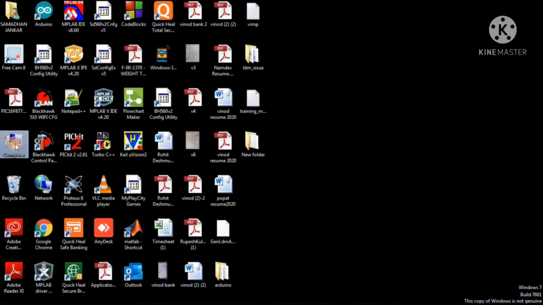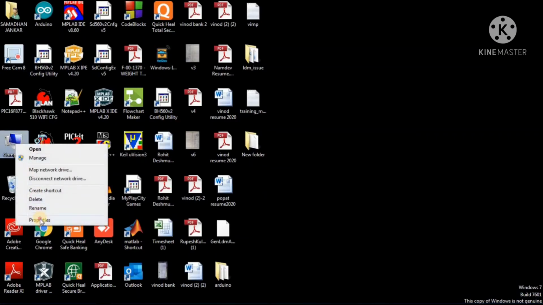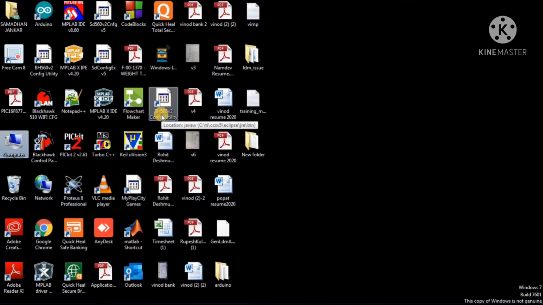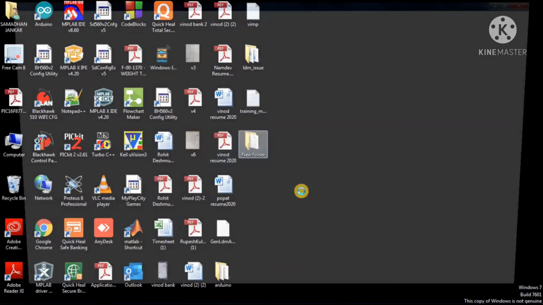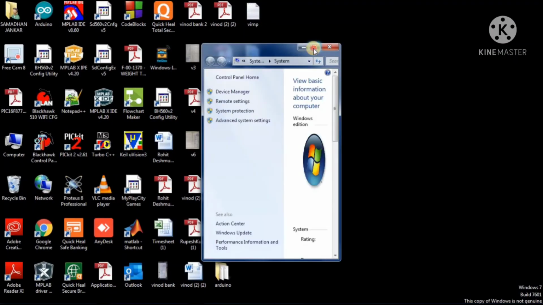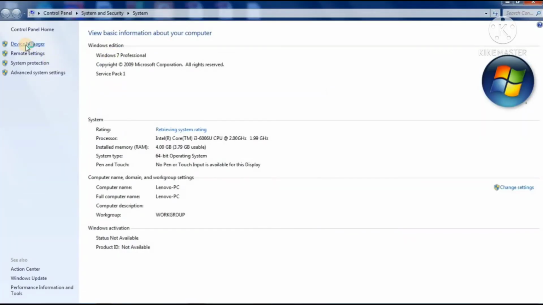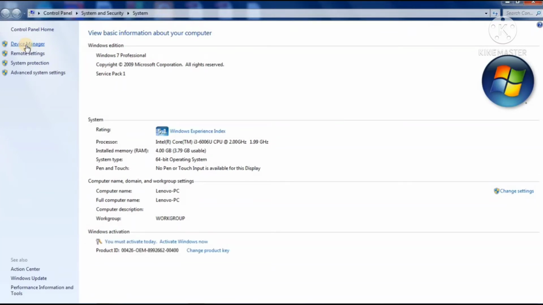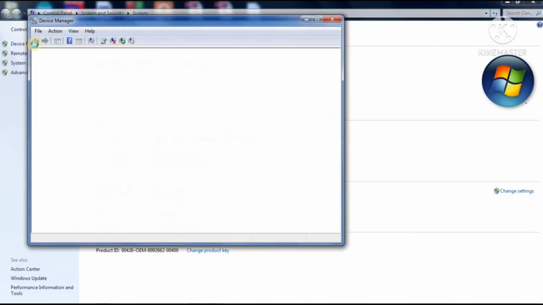Go to Computer Properties, go to Device Manager, and check your Arduino port number.